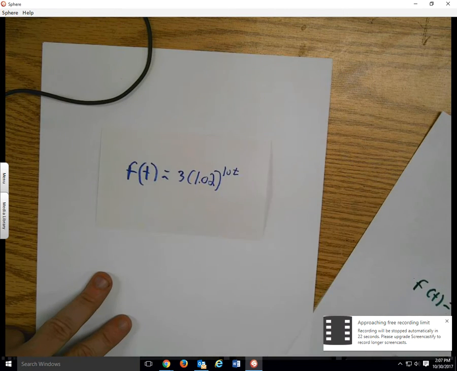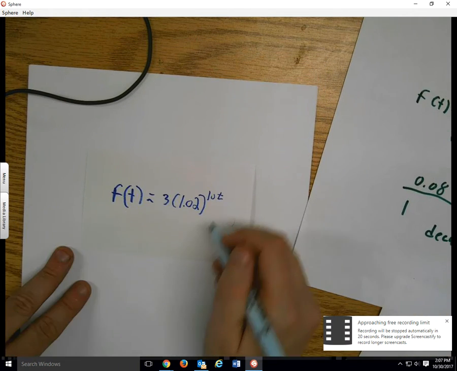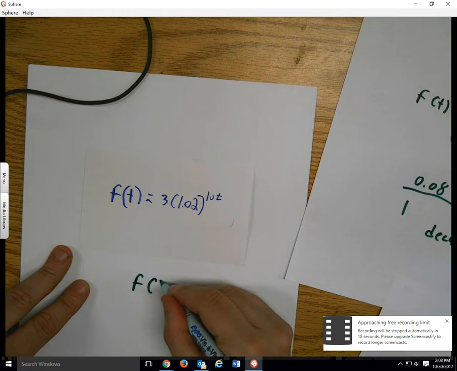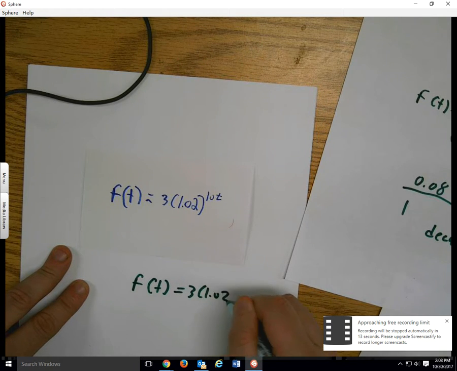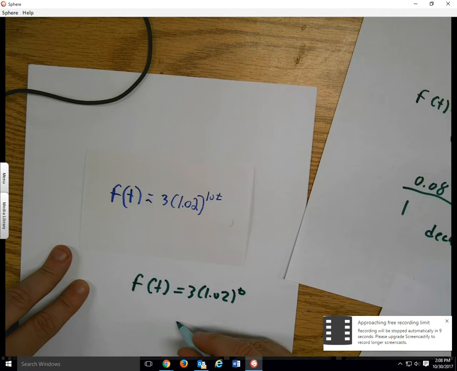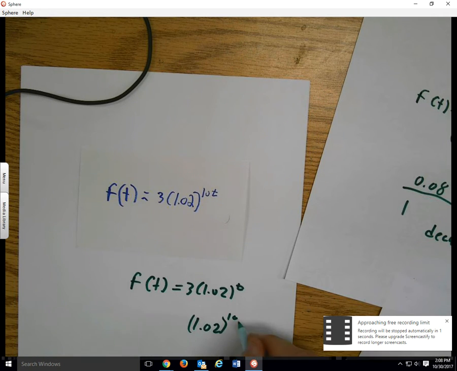Last one here. I can see my time is ticking, so I'm going to try to go quickly. On this one, the t would stay on the top, right? So it'd be f of t equals 3 times 1.02. You're going to want the t to stay on top. You're still going to want to do the 10th power and then multiply it by 3. So it's just 1.02 to the 10th power times 3 and leave the t on top. You should be able to